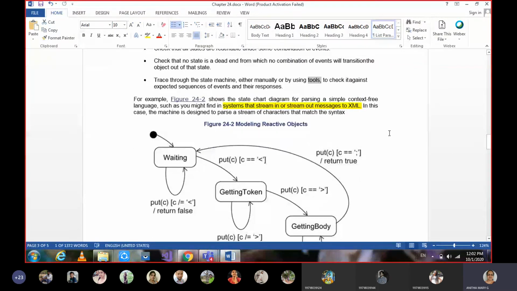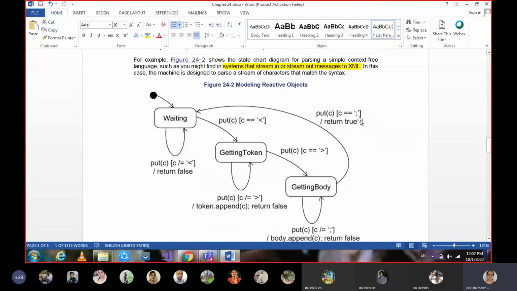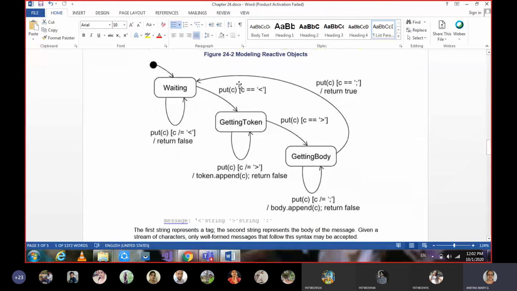Okay, so there is an example given here. The example is a system that streams in or streams out messages to XML. This is some code done internally in XML in order to activate or deactivate the state, based on some conditions. If you can visualize this diagram, what are the different states here?